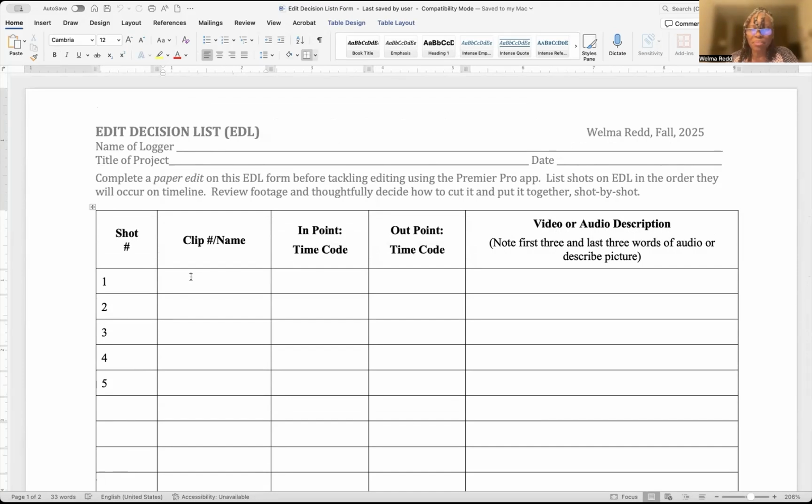Remember to put the name of the clip. It could be a number, it could be a name, whatever your clip says. And then start reading through, find an in point where you want to start and an out point. In these two spaces, you are going to put the time code that includes 4 sets of numbers: